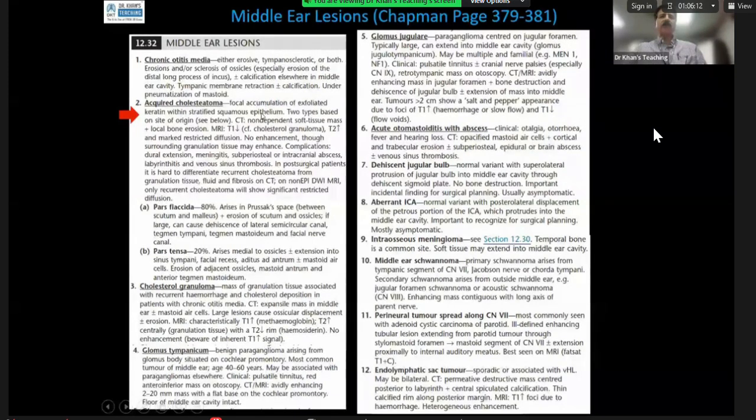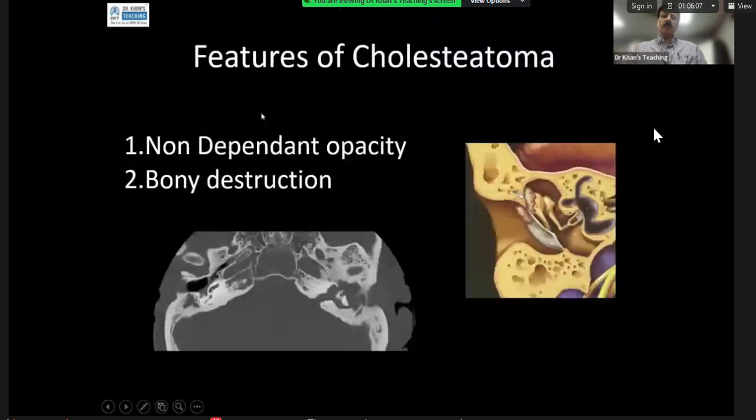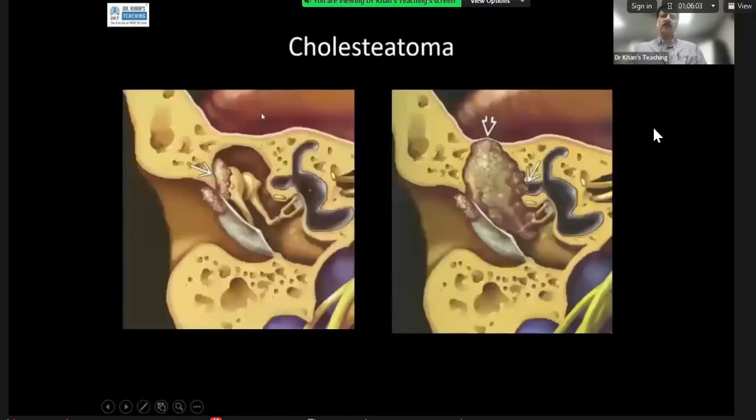But remember that it will show restricted diffusion. So with that background, if you see this picture here, what is happening? This is a classical cholesteatoma, which is at the Prussak space. This is partial cholesteatoma. So if you are an ENT specialist and you are doing otoscopy here, you will actually